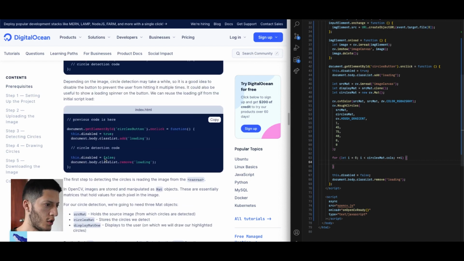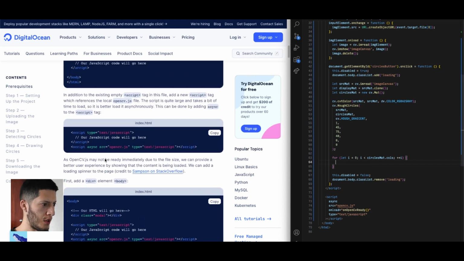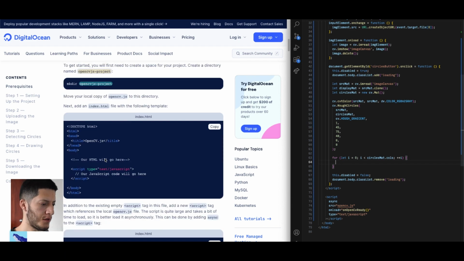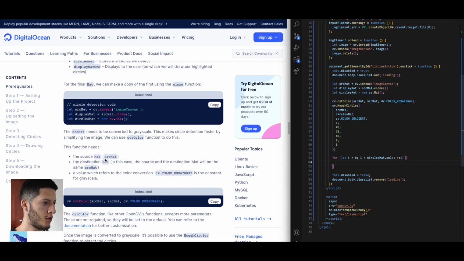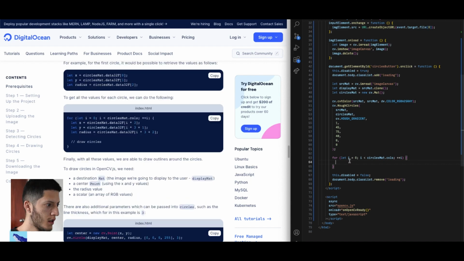Hold on, I just gotta double check what I've been doing. Everything looks good, okay. Back to where I was. Step 4. To get all the values for each circle, we're gonna do the following. So we're gonna have x,